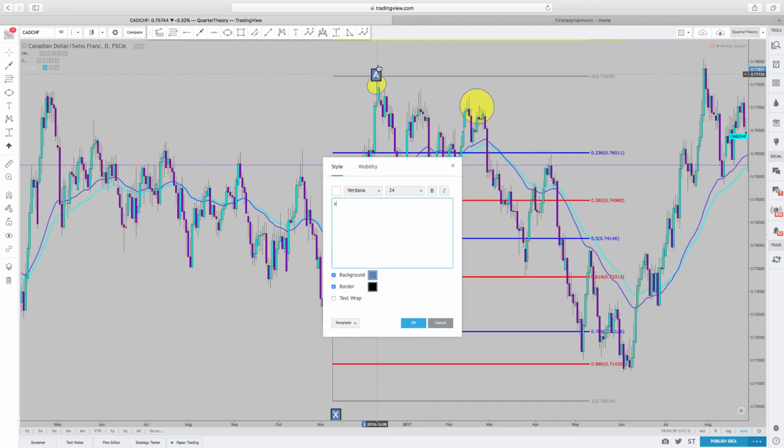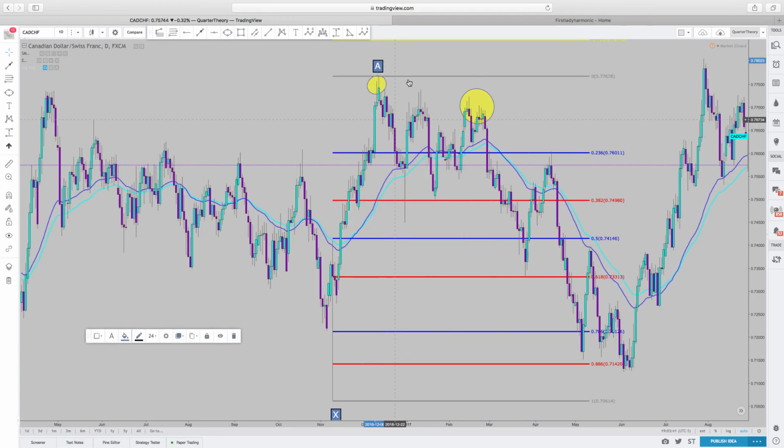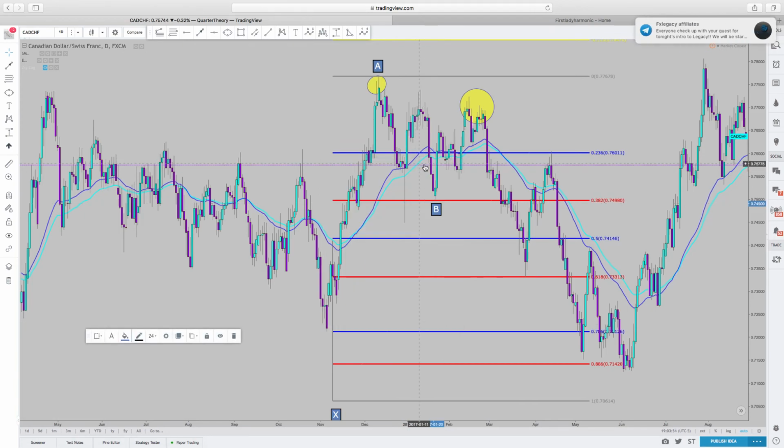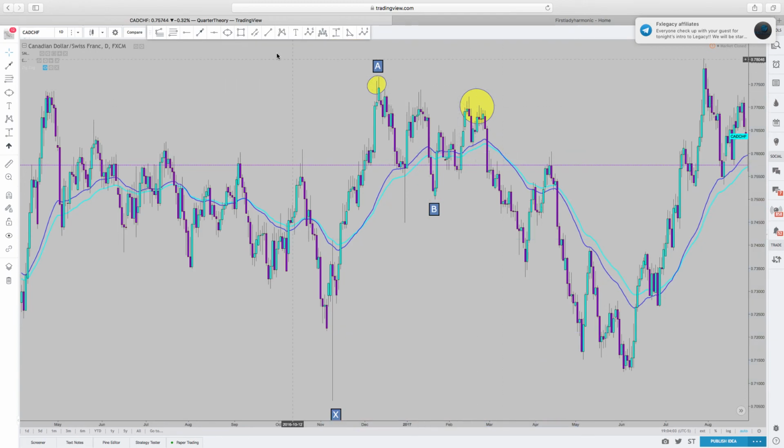It's my A. It's retraced down. Hit the 382. There's my B. Yeah. Yep. Right. That's my B, and then we can measure it out right now if you want, but I can tell this is probably